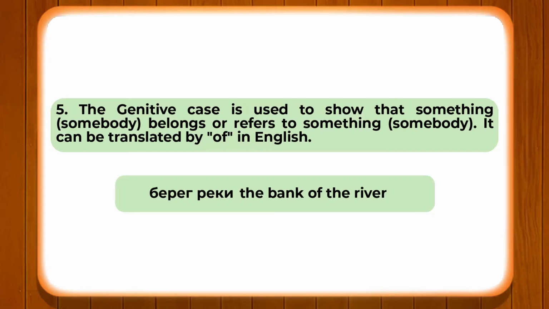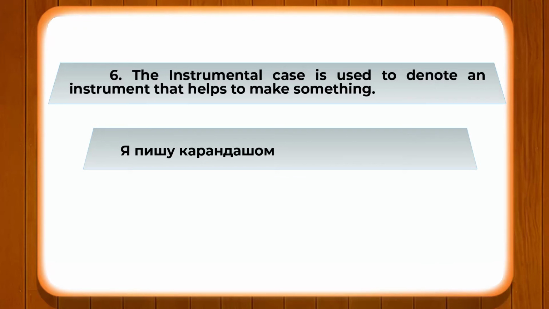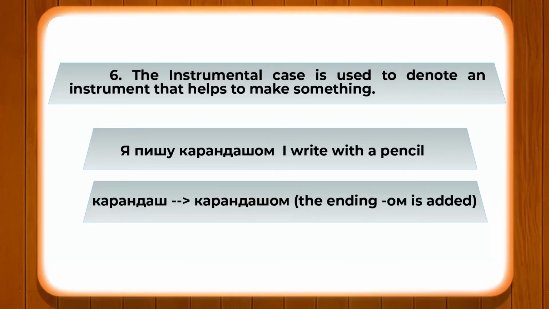Now the next one is the instrumental case, a very important case as well, known as Tvorityelny Padyezh. It is used to denote an instrument that helps to make something. For example, ya pishu karandashom. So with the help of something you are doing, it gives that expression: I am writing, or I write with a pencil, karandashom. Karandash, pencil, changes into karandashom,